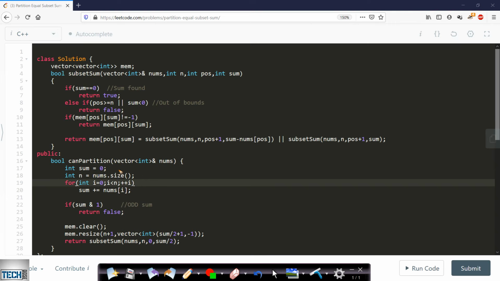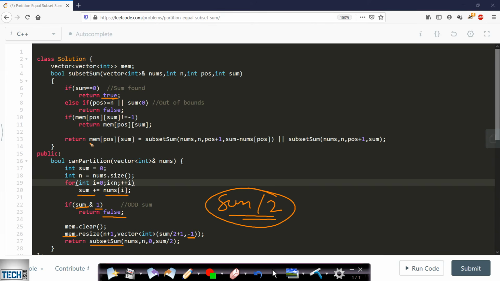This is the memoization approach. I will also be showing you the tabular DP. In this case, the only difference is we are finding the sum of all the elements and then checking if the sum value is odd. If it is odd, then we will return false, saying that equal sum partition is not possible. Otherwise, we will take the memoization array, assign all the cells the value -1, and then use the subset sum code in order to determine if the sum by 2 value can be formed from a subset of the given set. If it can be formed, then we will return true. Otherwise, we will return false.